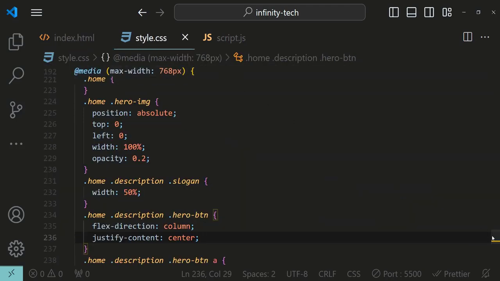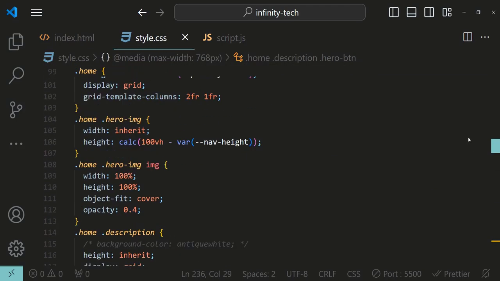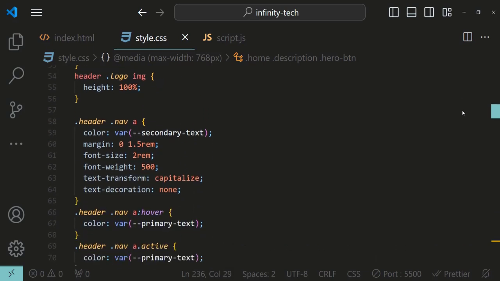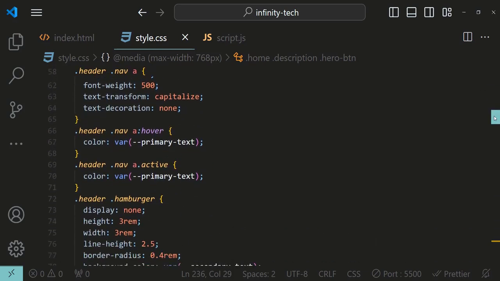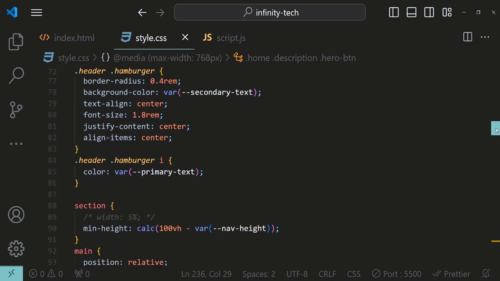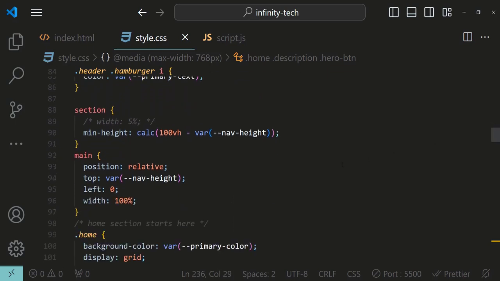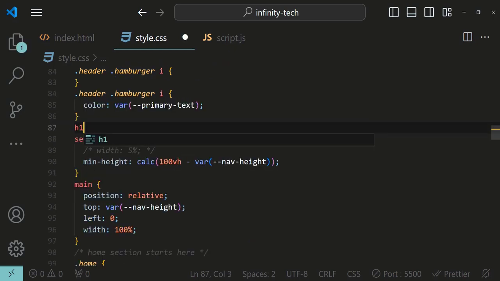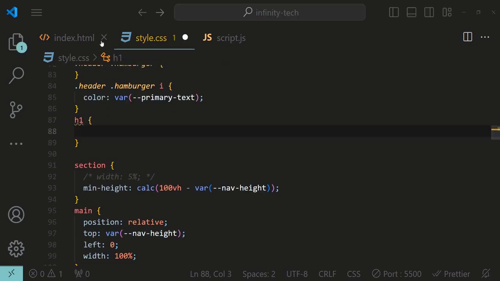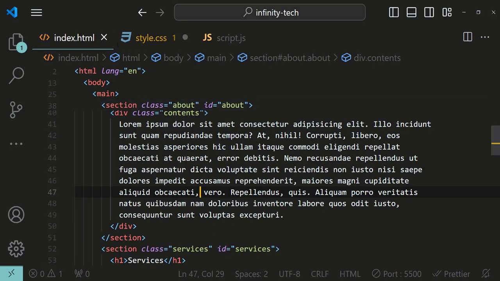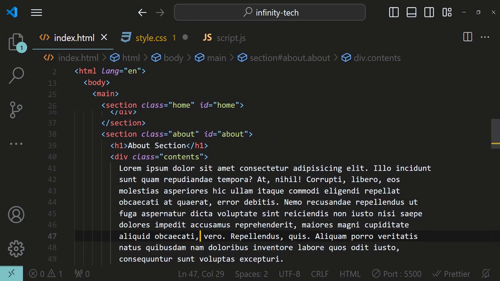Since we have h1 in other sections as well, we are going to define some styles for general h1, and then for the sections, if there is a need, we will define further styles specific to that section. Okay, so this is main. Let's define h1 before the section. I almost forgot. We have to change the contents of h1 as well. So if this is About Us, change it to